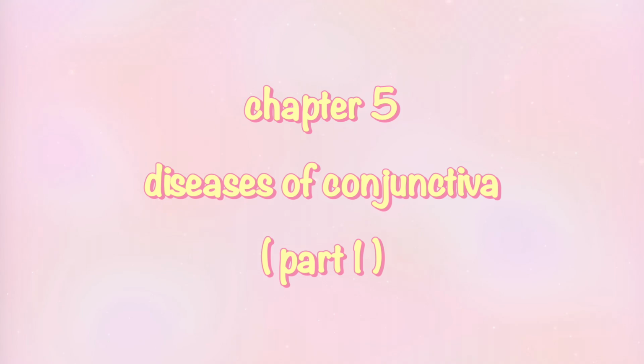Signs: flakes of mucopus seen in the fornices, canthi, and lid margins is a critical sign. Conjunctival congestion, which is more marked in palpebral conjunctiva, fornices, and peripheral part of bulbar conjunctiva, giving the appearance of fiery red eye. The congestion is typically less marked in circumcorneal zone. Chemosis, that is swelling of conjunctiva, and papillae of fine type may be seen. Petechial hemorrhages are seen when the causative organism is pneumococcus. Cilia are usually matted together with yellow crusts. Eyelids may be slightly edematous.